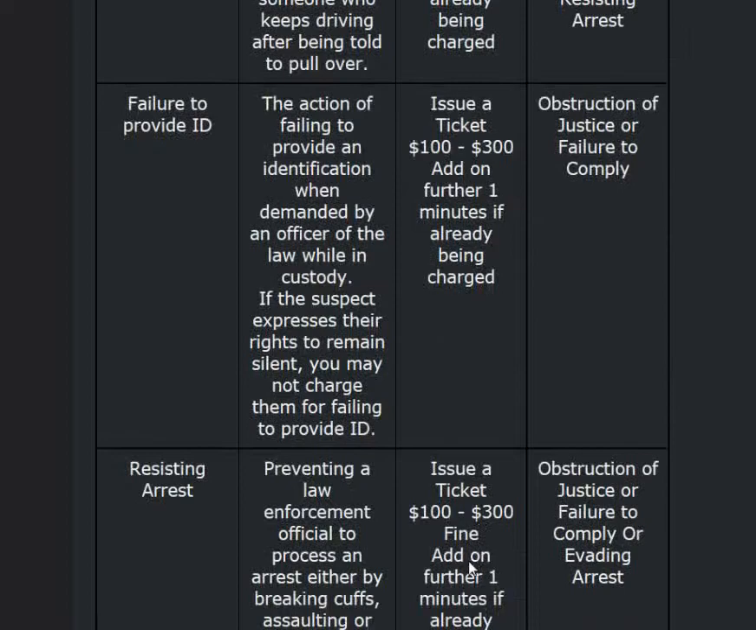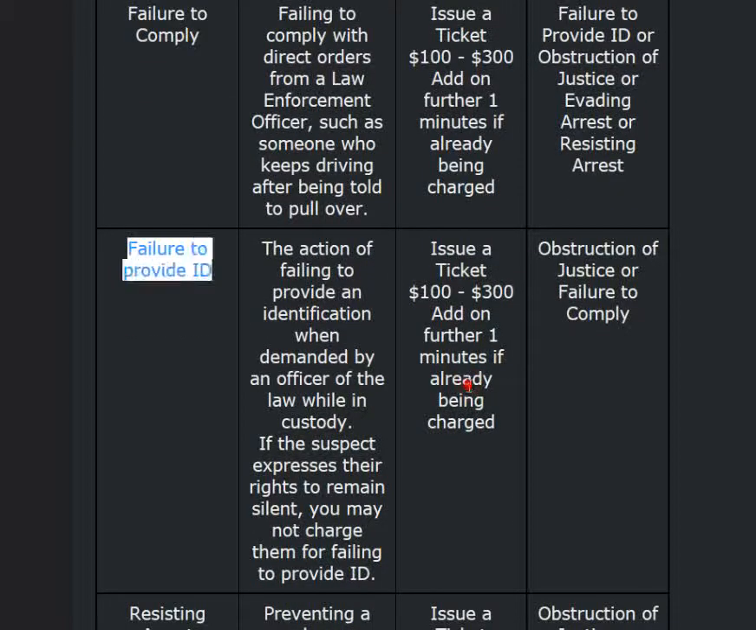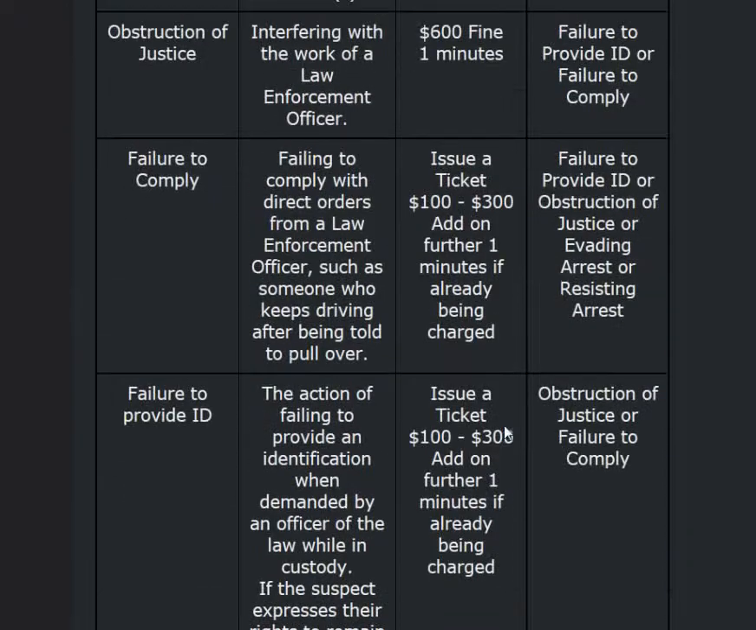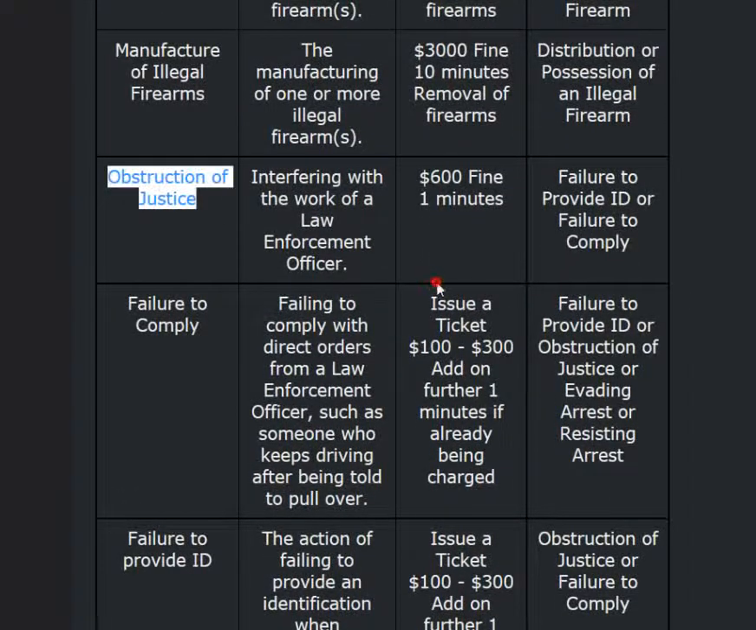I always try to add resisting arrest instead of failure to comply, because if the suspect failed to provide his ID when I'm cuffing him, when I'm arresting him, I can add both, and I have two charges with no stacking. About obstruction of justice,